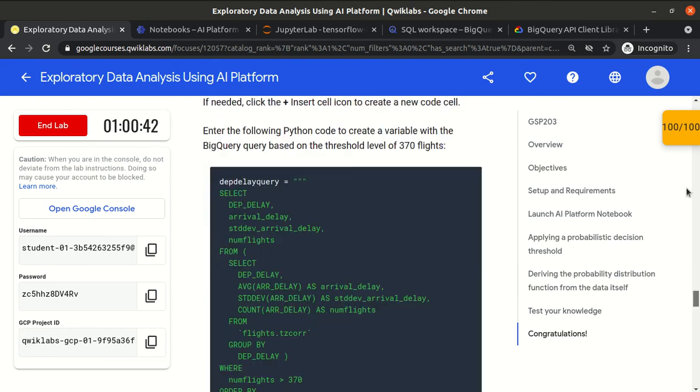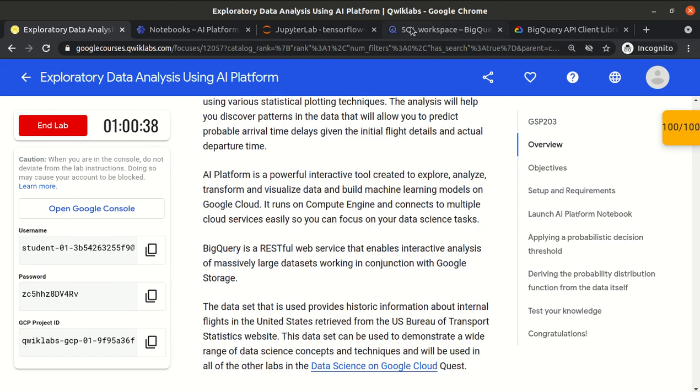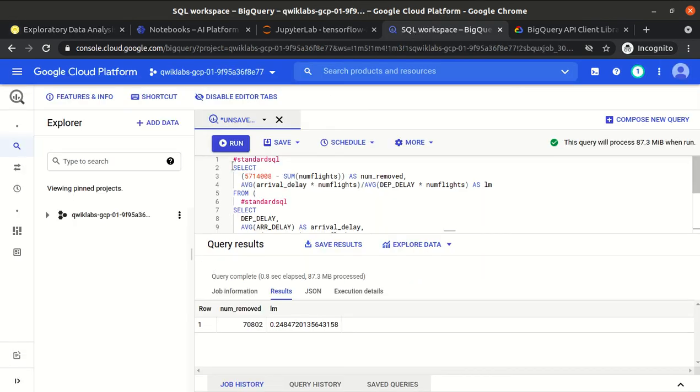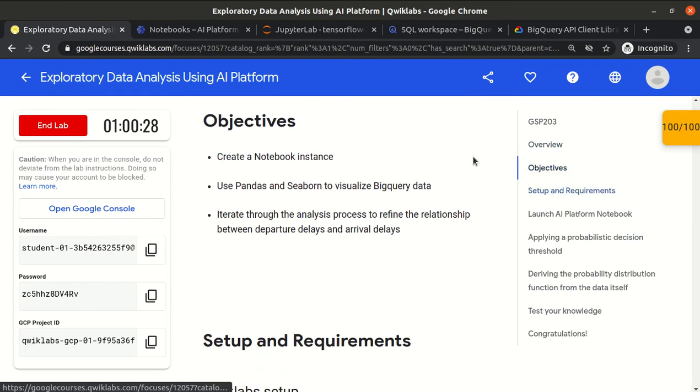So basically our intention is not to learn how to generate these SQL queries, but to see this objective, that is how to create a notebook instance and how to fetch the data from BigQuery.